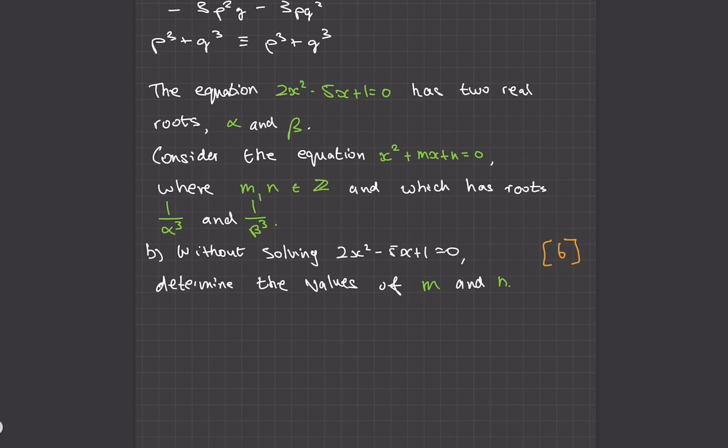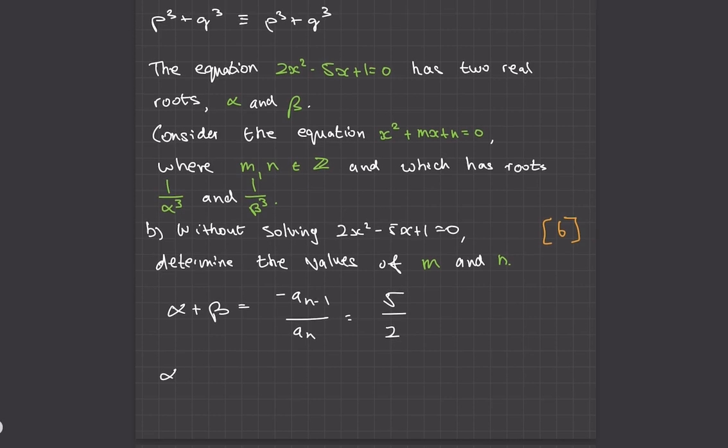Well, we know that this equation here has roots alpha beta, so that means that the sum alpha plus beta is equal to, and the formula says here that the sum is equal to minus a n minus 1 over a n. So this means that the coefficient of not the highest power, but the second highest power, that's going to be minus, but it's minus 5, so it's minus minus 5, that becomes 5, over, and then what's the first term? 2, the first coefficient. So alpha plus beta equals 5 over 2,